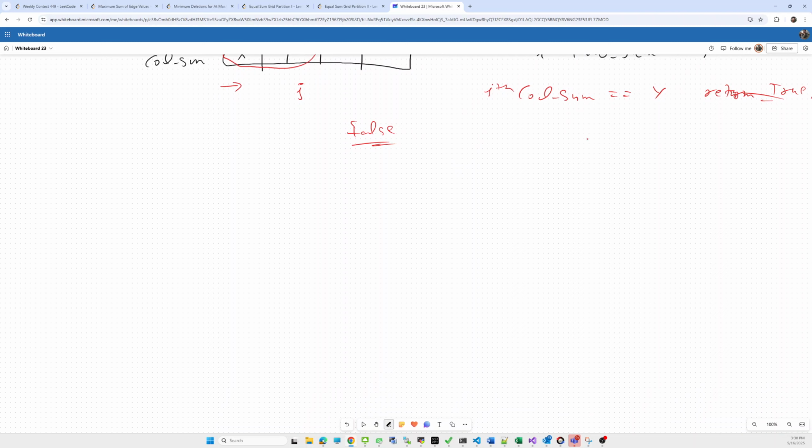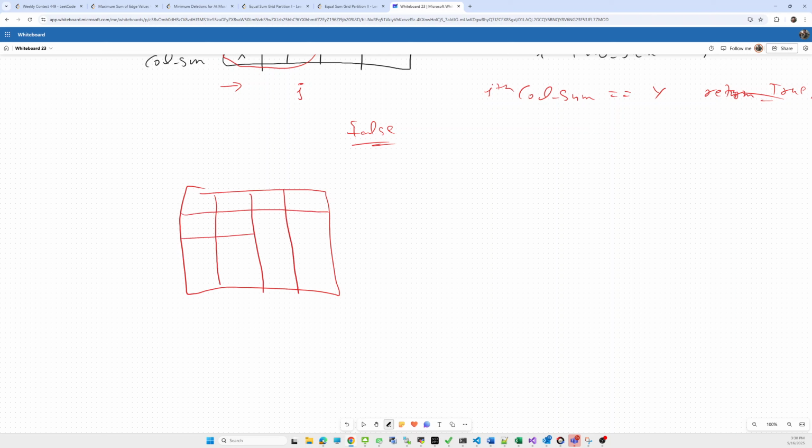Let's say we have this matrix, and we are checking the column sum. So we are iterating over the column sum, and suppose we are at this one here.